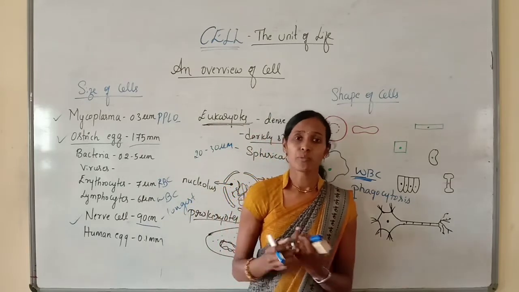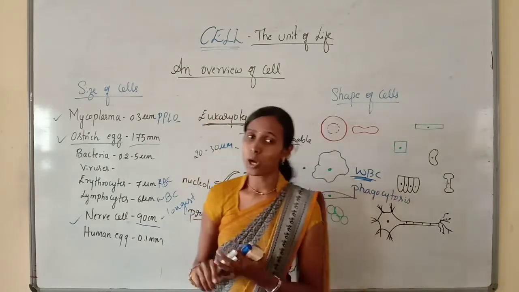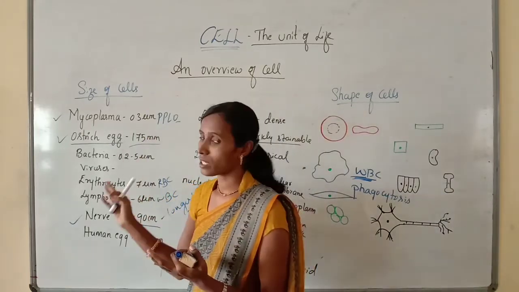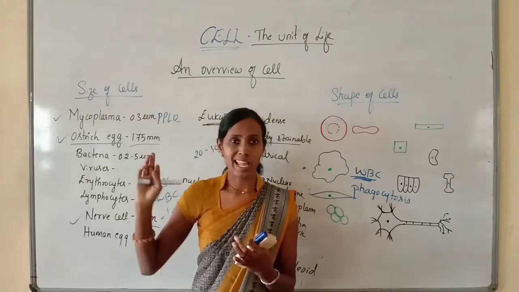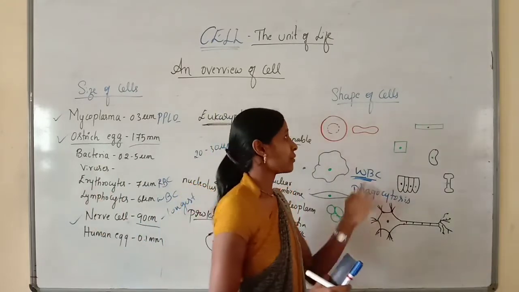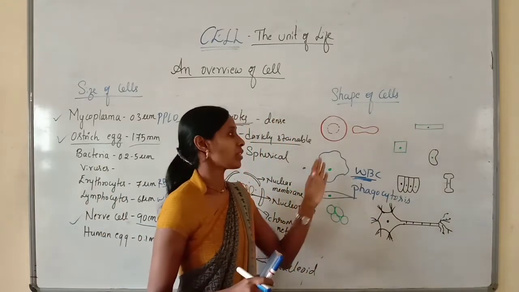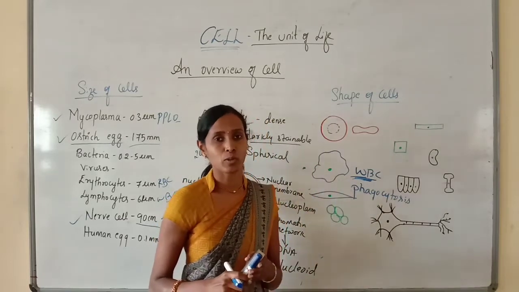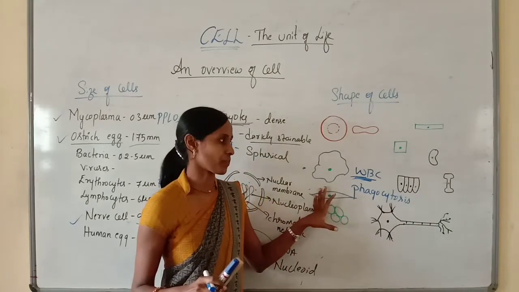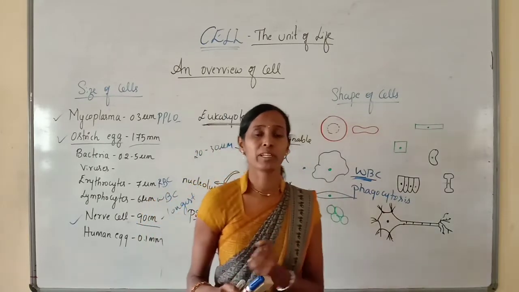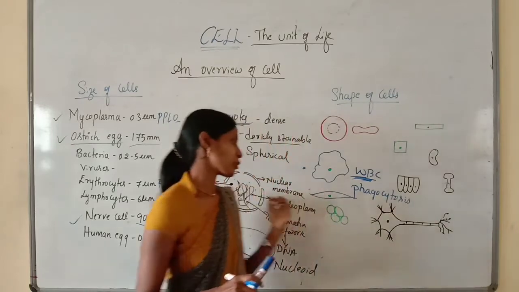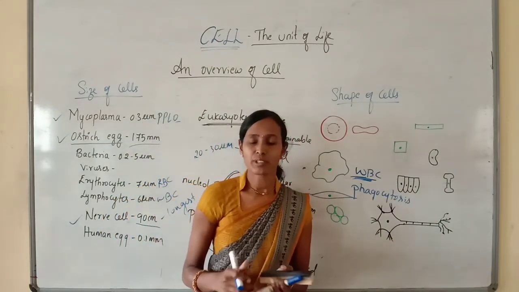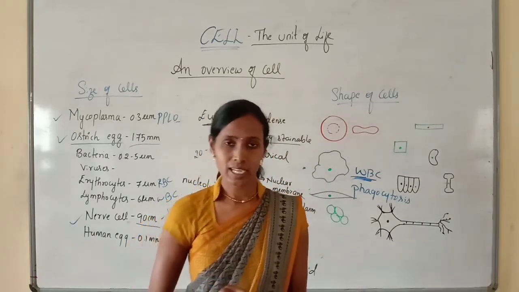So in this class we have discussed an overview of the cell, all the components which are present in the cell, and the size of the cell: smallest cell, largest cell and longest cell, and the shape of the cells. The shape is different in different cells, and the shape of the cell depends upon the position as well as function. In the next class we will be discussing the types of cells, prokaryotic cell and eukaryotic cell, and now we will discuss a few objective questions related to today's class.